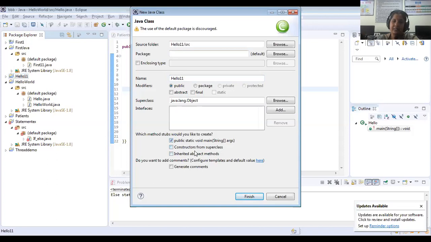Public inherited, these things and all, if you want you can write. According to our topic, we have not yet reached inheritance and constructors, so public static void main is enough. If you click here, generate comments will be there. Now no need, later we will discuss.